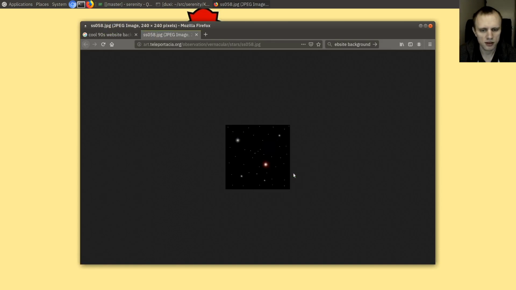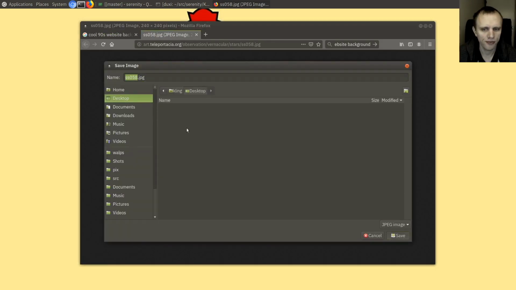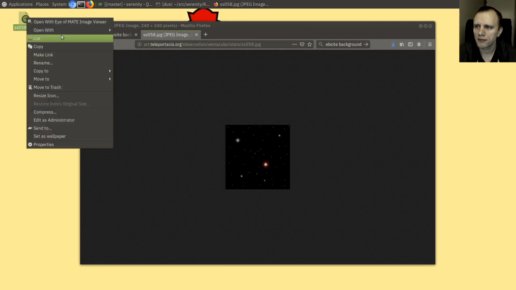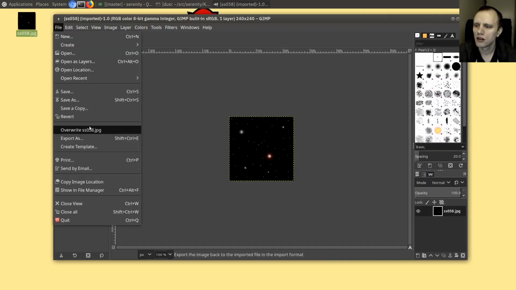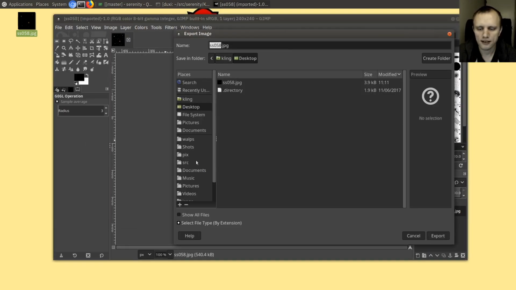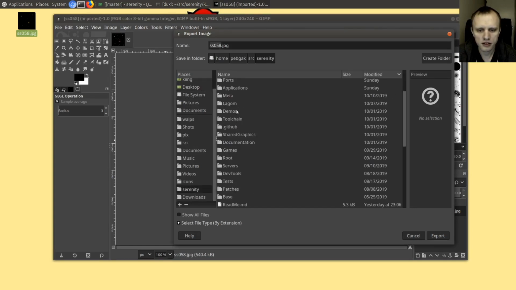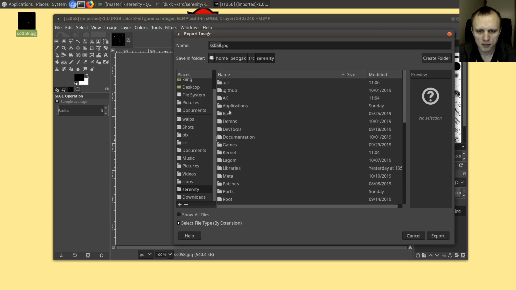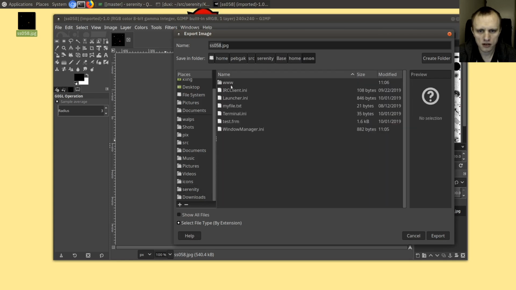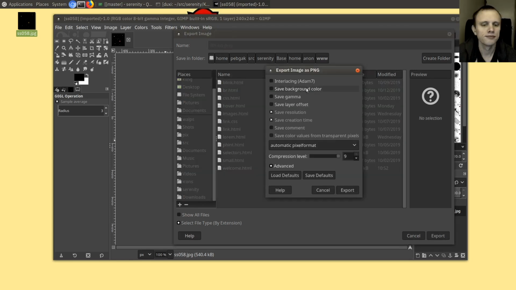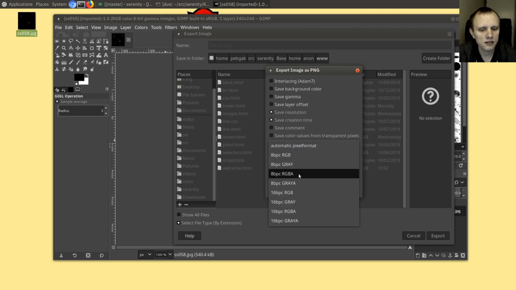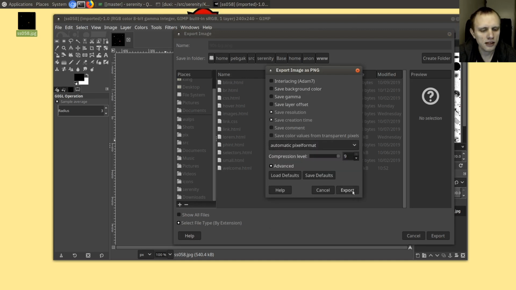So we're going to have to turn this into a PNG, but we can do that with GIMP. So let's just export as, and I will put it in my Serenity base home non dub dub dub. I'll call it 90s BG .png, and let's use automatic. See if we can load it,